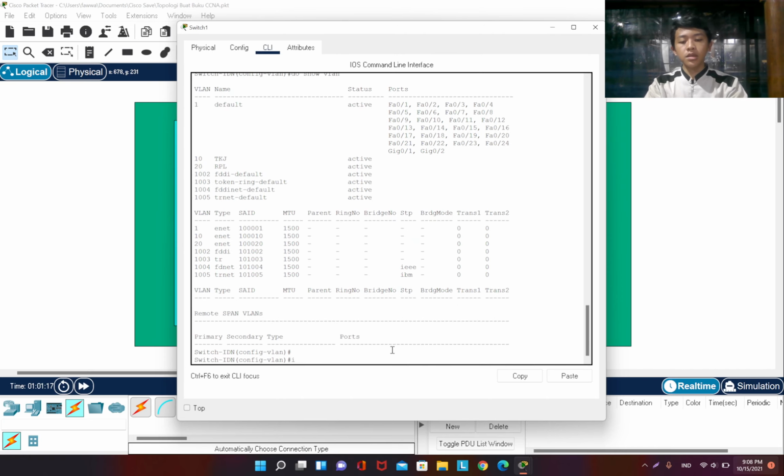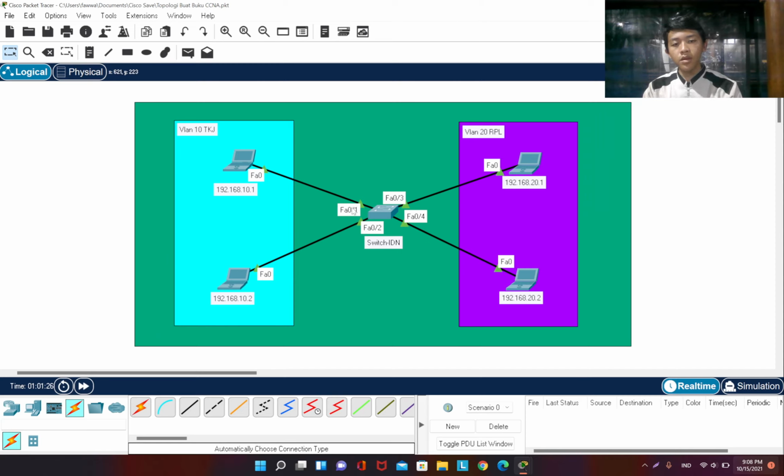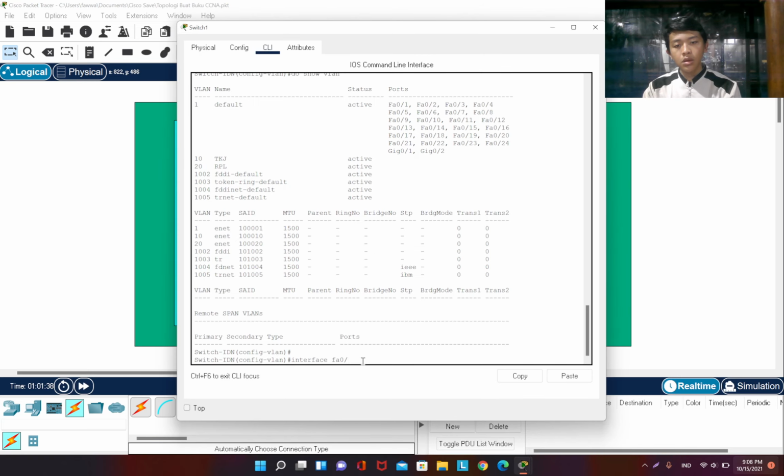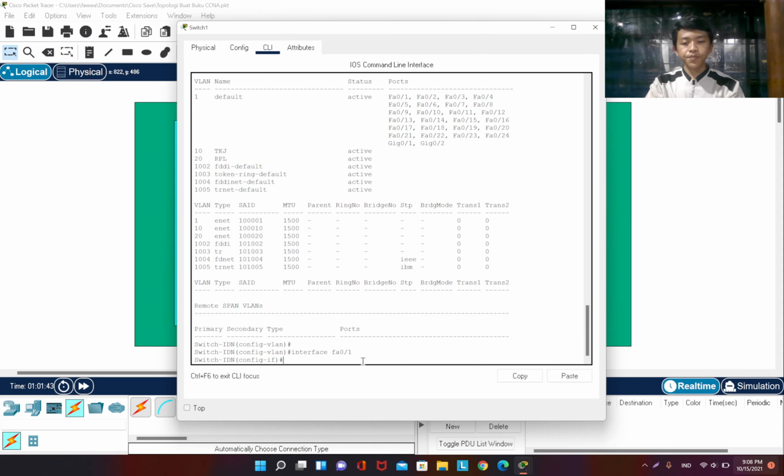The command is interface fa0 slash, you can see this FA is from this wire. It's connected to this laptop. This laptop is FA0 slash 1. So get into that interface, FA0 slash 1, and switchport mode access